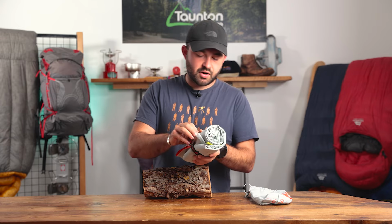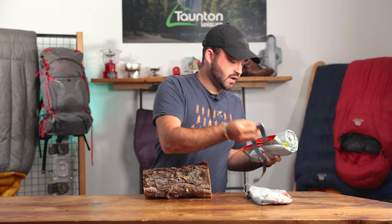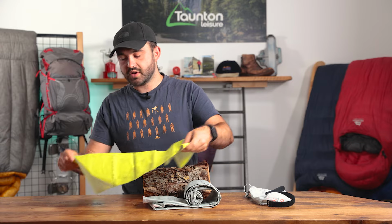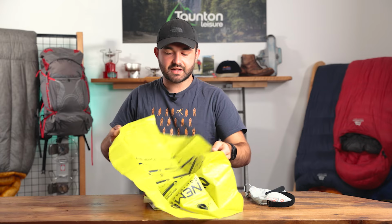If we pop the Velcro off, we'll also see that included with the sleep mat is one of the Vortex pump sacks from Nemo, which is a really nice pump sack which allows you to inflate the sleeping mat without using your mouth. Obviously, if you use your mouth, you're blowing a load of moisture into the mat, which in really cold conditions could potentially freeze and damage your mat,